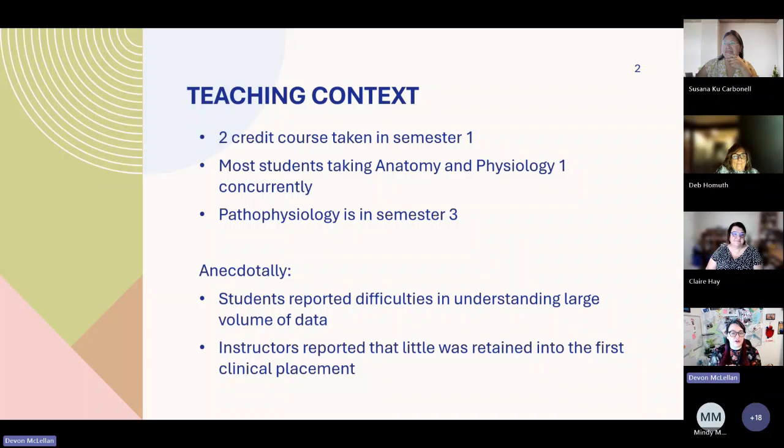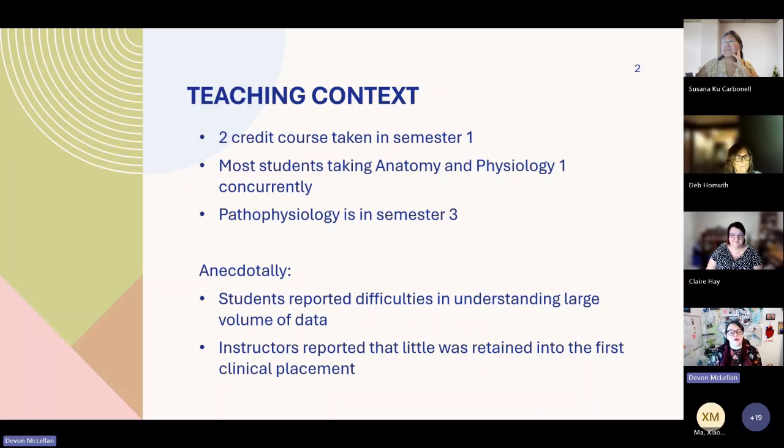So I'm here to tell you a bit about a shift I made in the pharmacotherapeutics course that I teach towards application-based assessments. Before I get into the changes, I would like to give you a little context about this course. It is a 2-credit class taken in semester 1, when the majority of the students are simultaneously taking their first of 2 anatomy and physiology courses, and they don't start pathophysiology until semester 3.